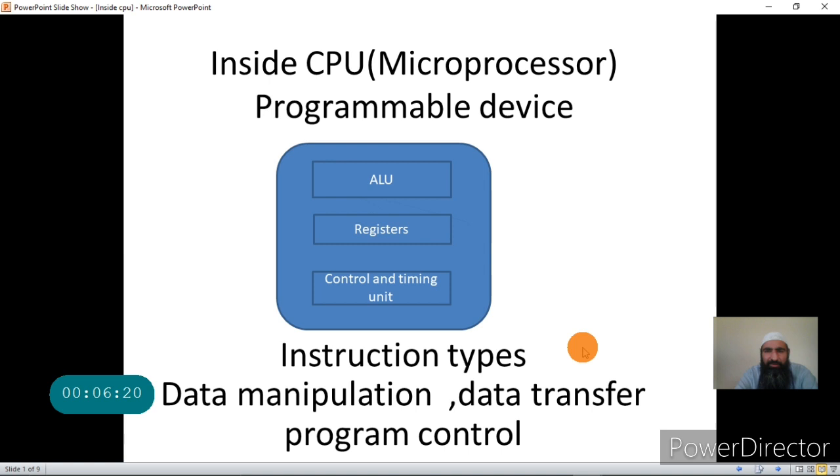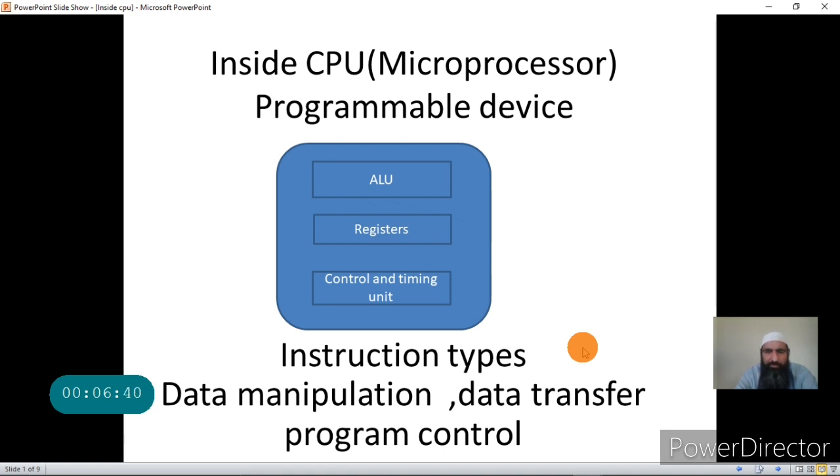But I will give the main function of this unit, that is, it controls all the operations of the processor by generating the control signals. I will later on define what are control signals in the other lectures.